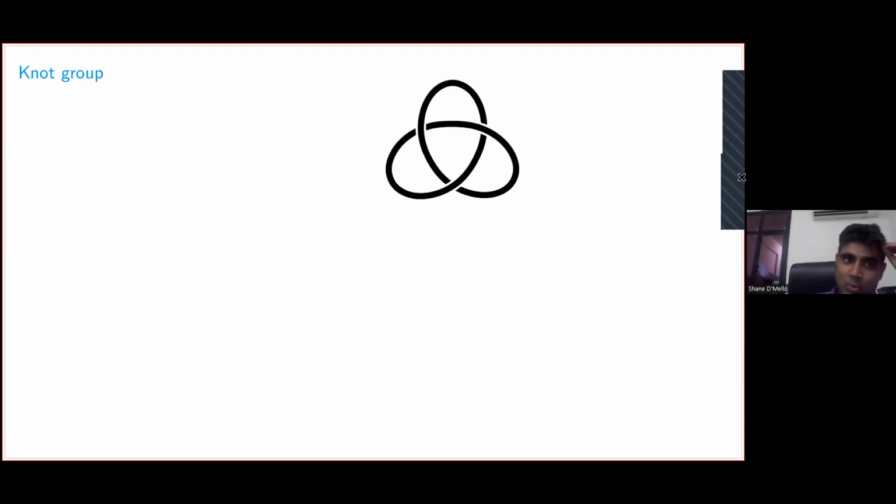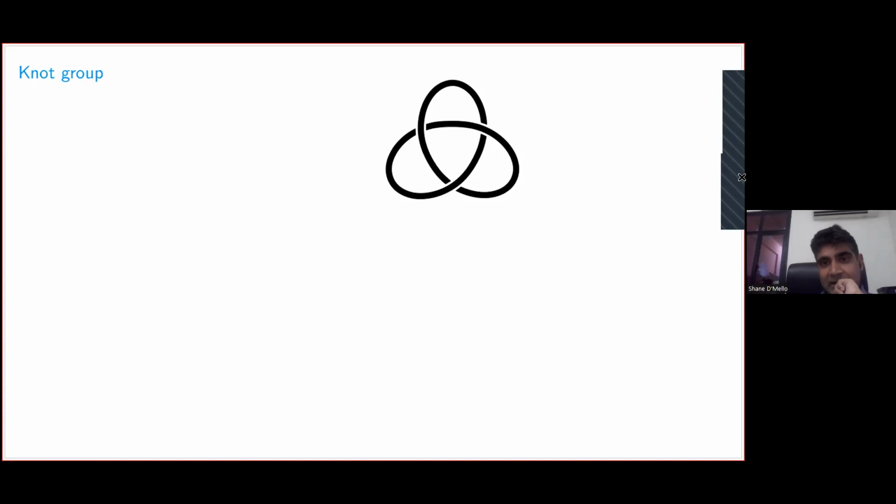Of course, what I'm looking at are knots. That is, they are things which are homeomorphic to the circle. However, they are embedded inside R3, the three-dimensional space, or inside the three-dimensional sphere, S3. Usually S3 is chosen because it's compact, etc. It's also convenient for other reasons, which I'll talk about a little later.